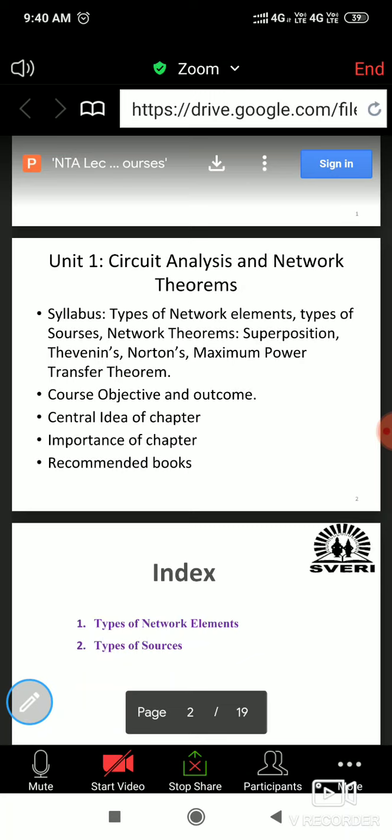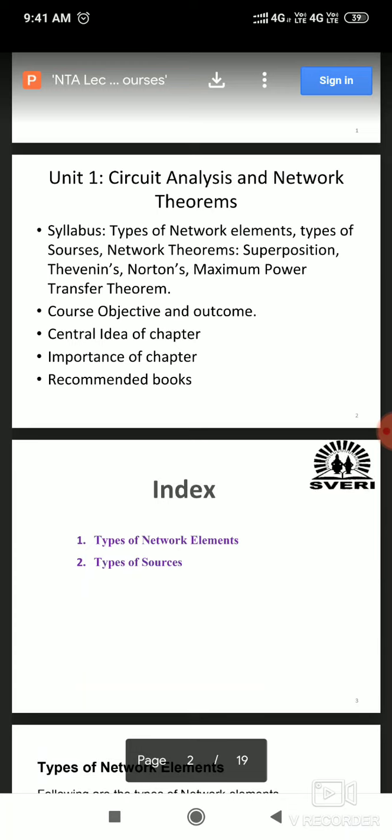You can analyze the circuit properly and find out the parameters, which we especially require in projects, small scale projects, or those based on hardware. In that case all these theorems will be useful. And the important ones, maximum power transfer theorem and Thevenin's theorem, are important in transmission lines and antennas. Those are the applications.